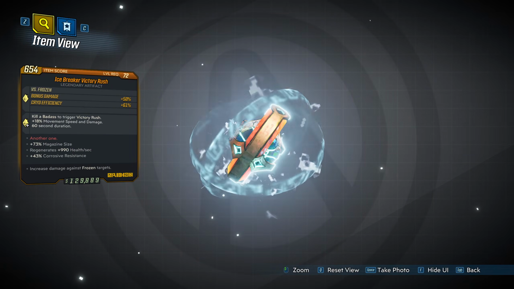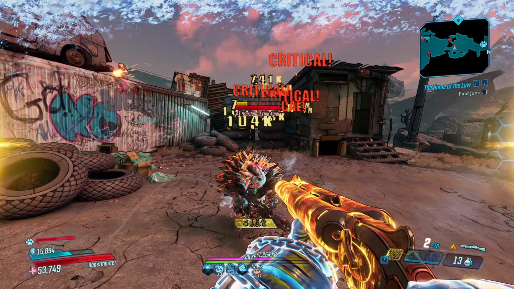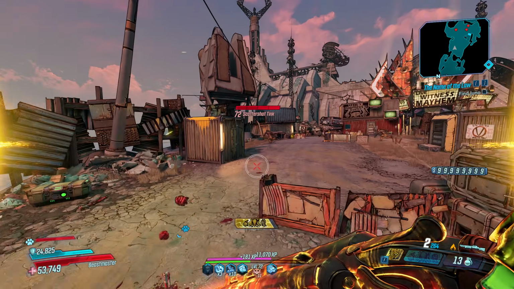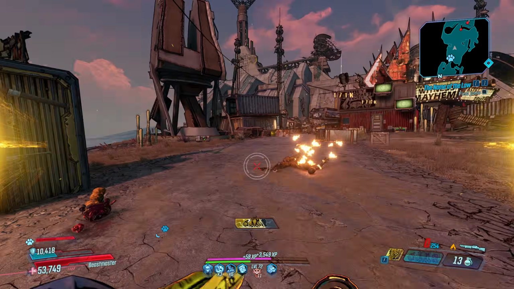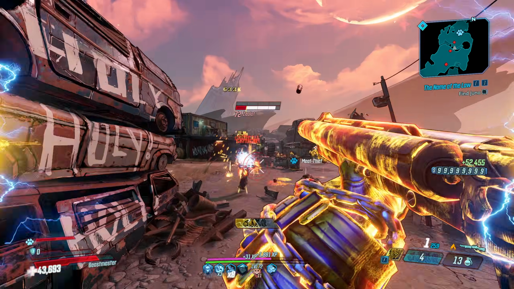Next up is the Victory Rush. The Victory Rush is one of the most useful base game artifacts in Borderlands 3. On Badass Kill, the Victory Rush will grant the wearer plus 18% movement speed and gun damage for a full minute. Now, in the earlier stages of this game, where badasses are less common, you might find it pretty difficult